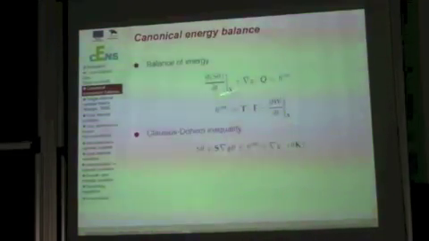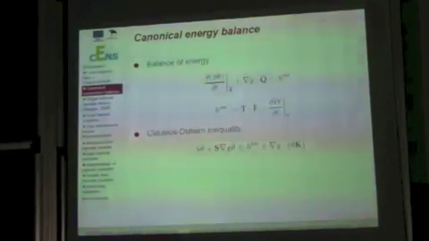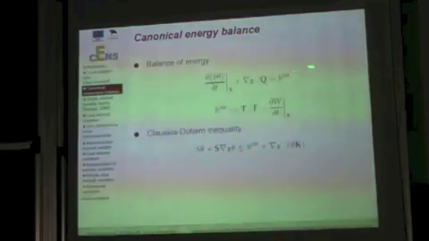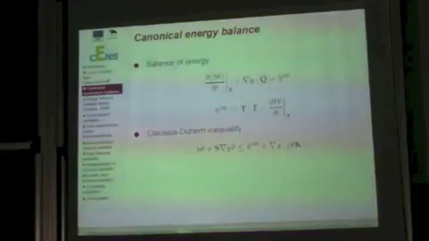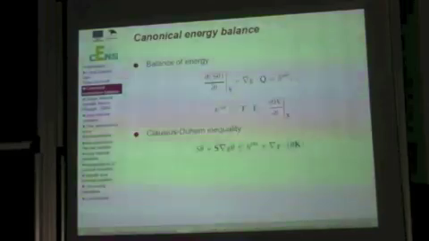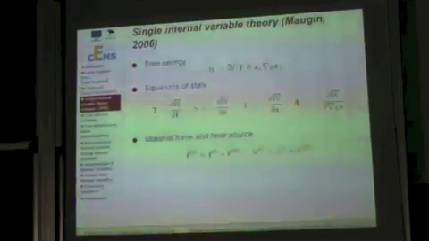Then we have the balance of energy, and this is the material heat flux, and as in the previous case, we have something on the right-hand side, which can also be calculated if you know or specialize the free energy function. The Clausius inequality is rewritten in these terms as follows. And now I go to the